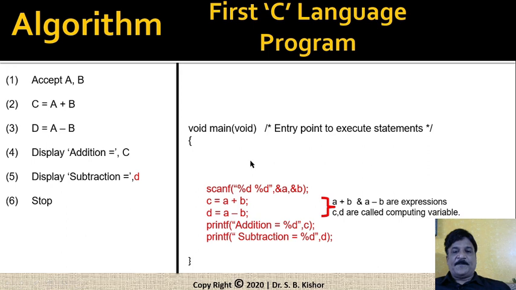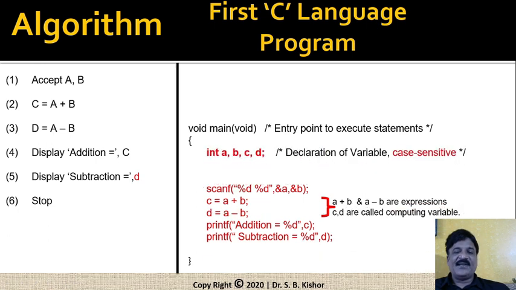Okay. Now observe that these are simply the corresponding statements that you have written in the algorithm. Now how many variables do we have? Basically we have 4 variables: A, B, C, D. Here we need to specify so that the compiler will come to know what kind of values you are going to accept in those variables. So how are we going to convey it to the compiler? By writing int A, B, C, D. So this entire line is referred to as a declaration line, or declarations of variables.